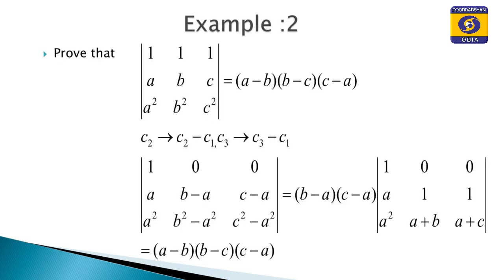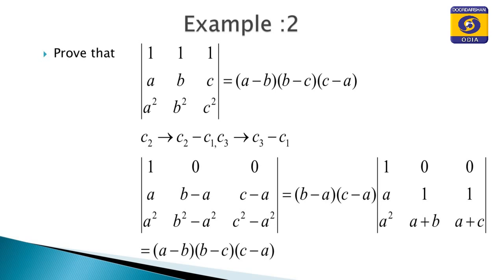Similarly, here is another example: prove that the determinant containing the elements 1, 1, 1, a, b, c, a square, b square, c square is equal to (a minus b)(b minus c)(c minus a). Now, the last property, which is an important property: if we change C2 to C2 minus C1 and C3 to C3 minus C1, that means column 2 changes to column 2 minus column 1 and column 3 changes to column 3 minus column 1,